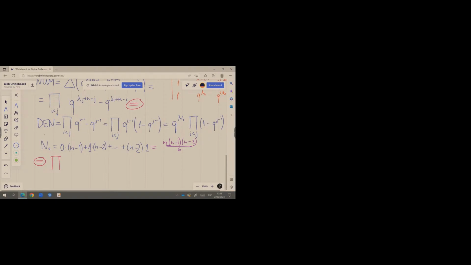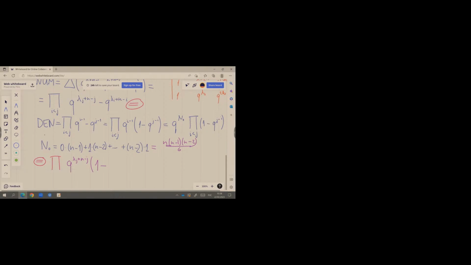Let me take the common multiple here. This common multiple would be q to the power of the smaller power, and this one is smaller than this one, right? So q to the power lambda j plus n minus j, and this is equal to 1